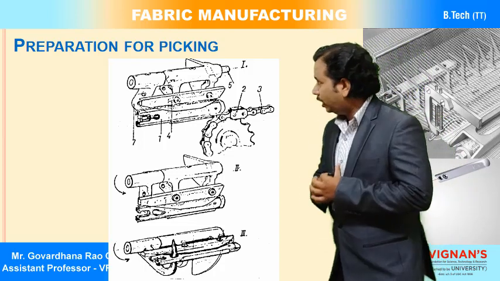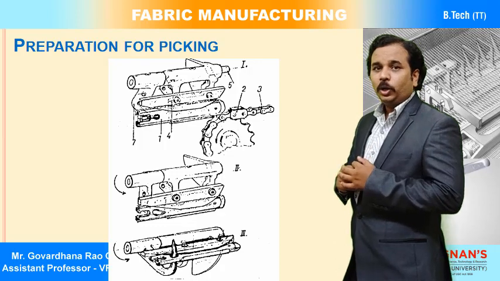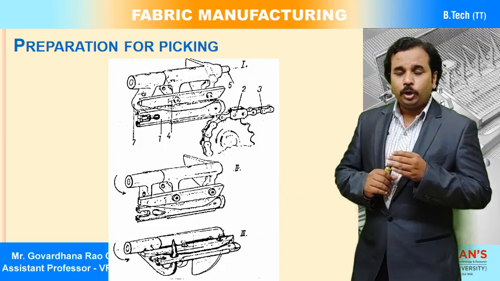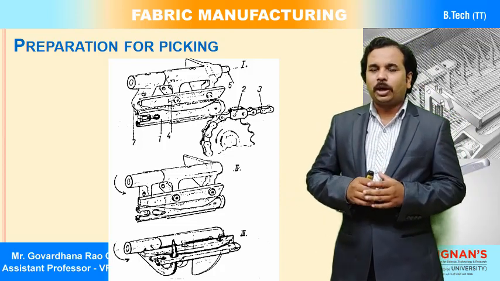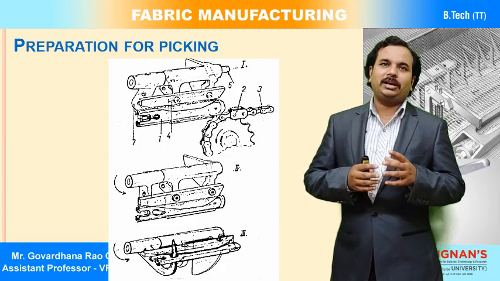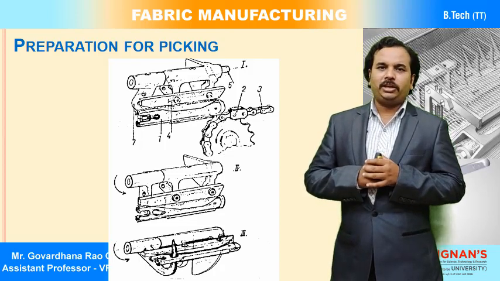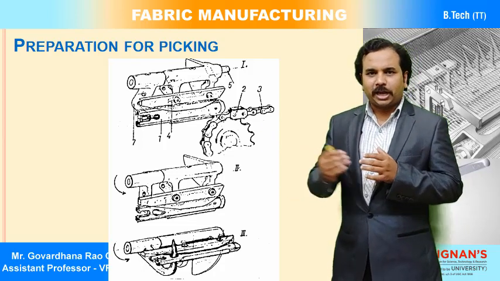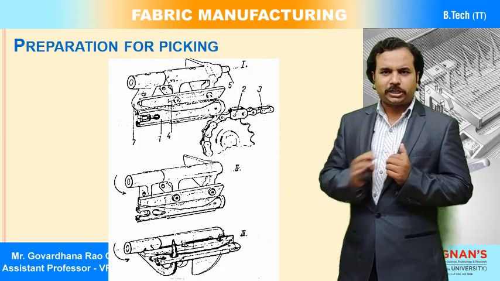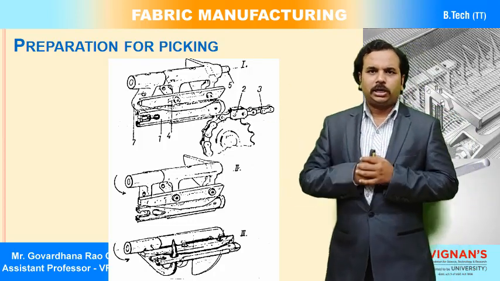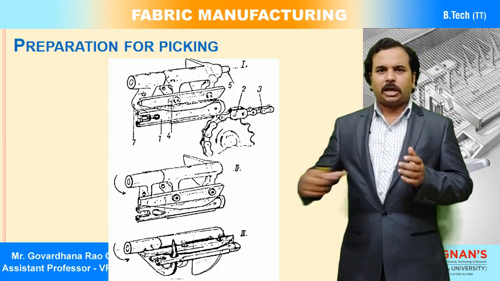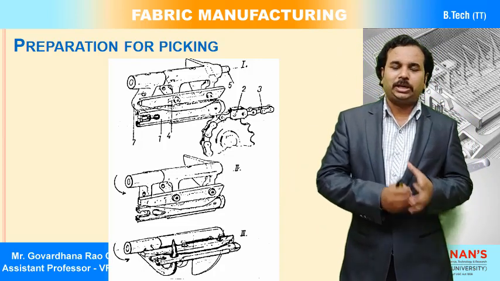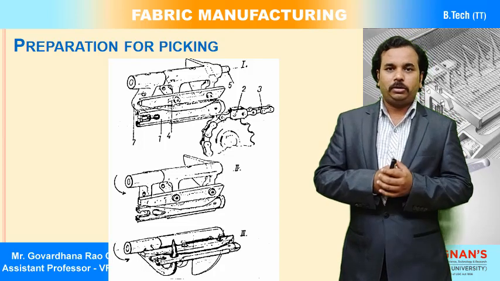Now you can observe here, particularly in image number 1, there is a conveyor chain. Parts number 2 and 3 are called the conveyor chain. On the conveyor chain we have the projectile that has just come from the receiving side. There are a number of projectiles which run around the machine, so on the conveyor chain there are several projectiles. One of the projectiles has reached the picking unit.